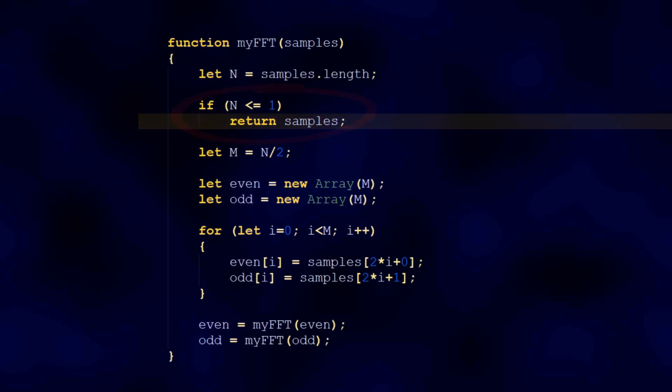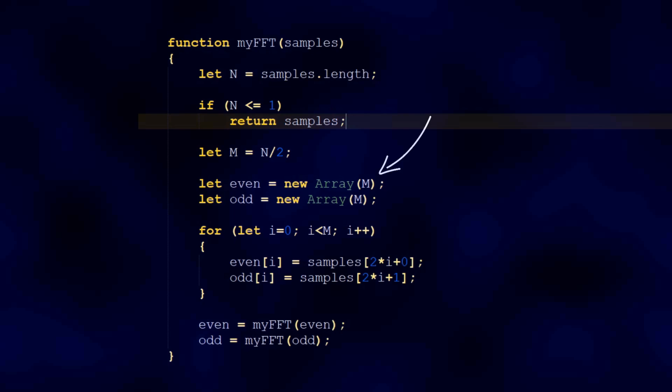To make this code portable across different programming languages, including statically typed ones like C, I'll use n is less than or equal to 1 as the boundary condition to ensure that in such a case the function returns before we calculate m. This avoids the need to define m as a float, as when n equals 1, m will be 0.5. This keeps the logic simple and type-safe. It also ensures that we're always working with whole number array lengths, which is essential when managing indices and memory